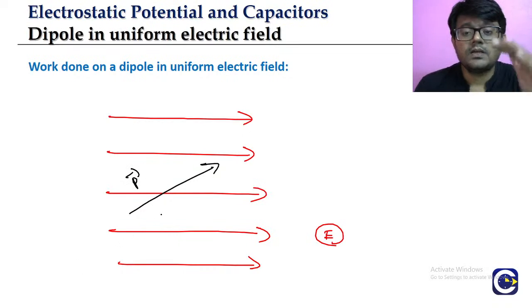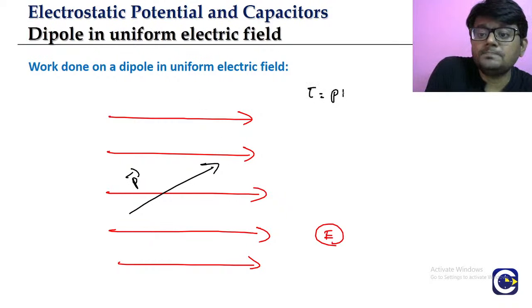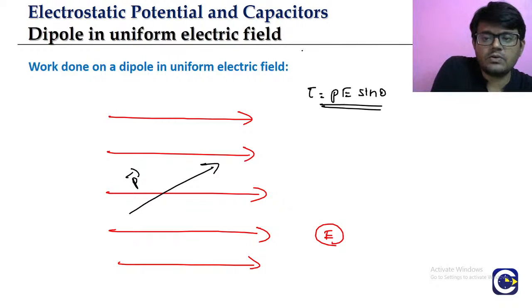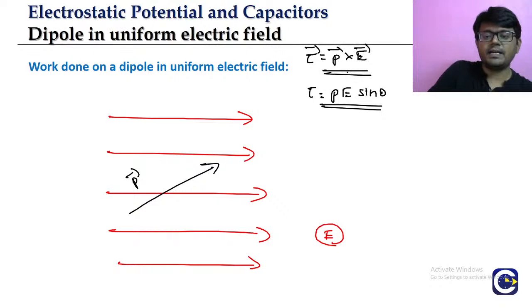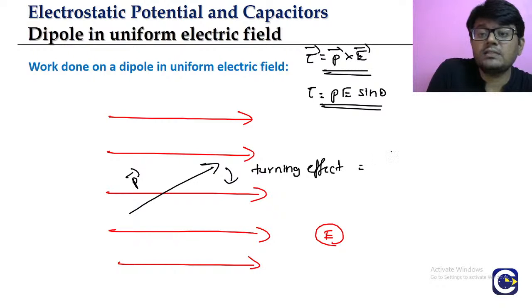Now the electric field will create a torque on the dipole. What will be the torque value? The torque will be equal to PE sin theta. And in vector notation, how do you give the torque acting on the dipole? P cross E, right? So look here, P is like this. We have to curl our fingers to reach E. When we curl like that, what do you have? The turning effect of the torque. Look how it comes, the turning effect of the torque is in which way? It is in the clockwise direction,